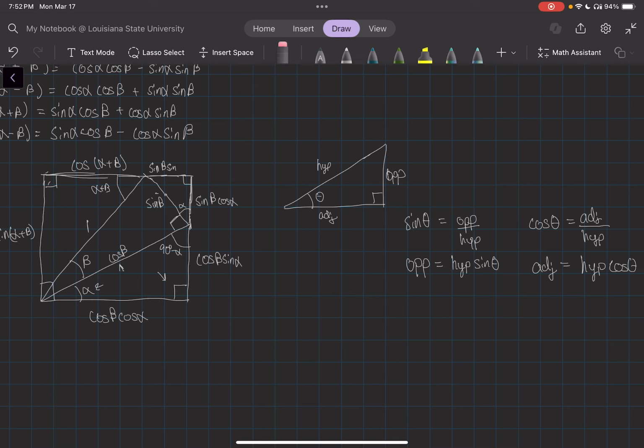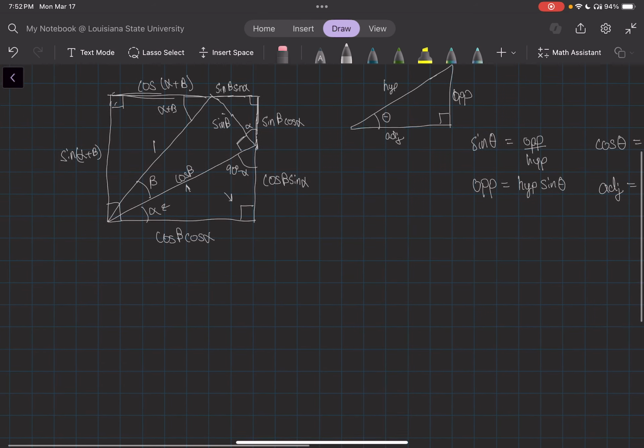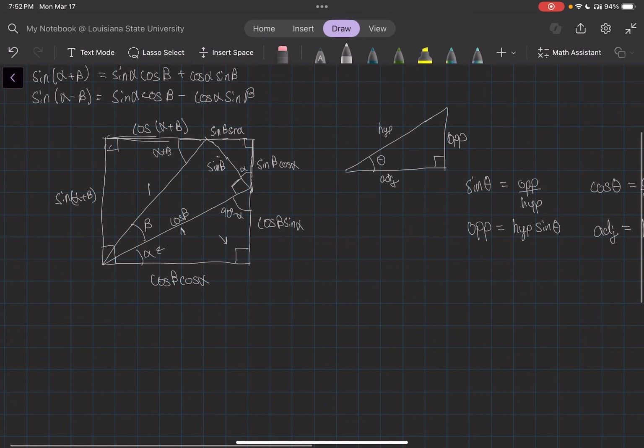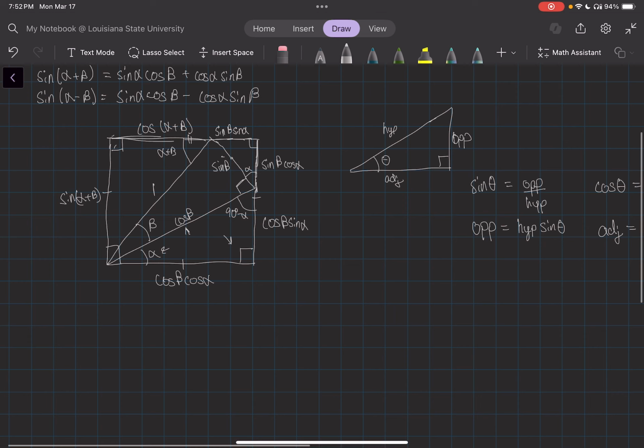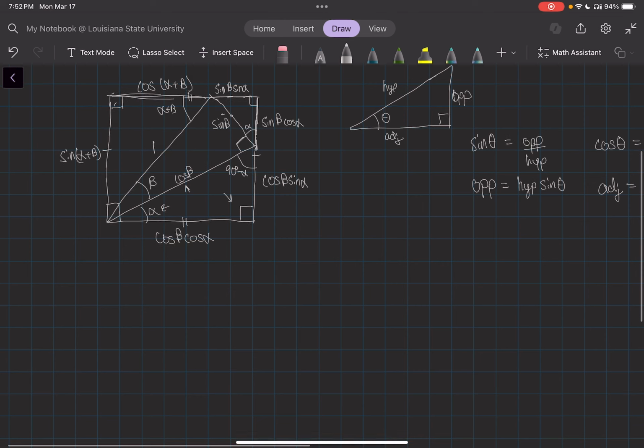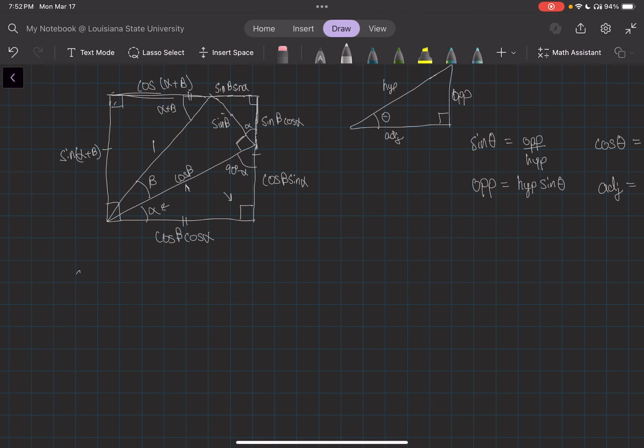Or alpha, I mean. So from here, since we constructed this to be a rectangle, we know that these lengths are equal and these lengths are equal. These lengths are not the same as these. But okay, so from here, we can say that the sine of alpha plus beta